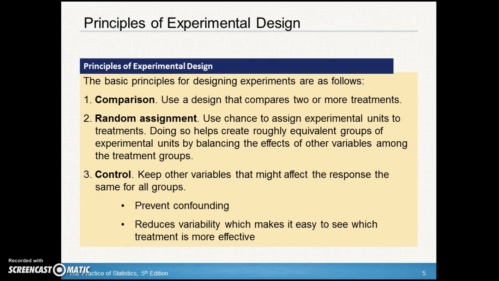What that means is we don't know if the difference in average improvement for the 2 groups was due to the difference in the instructor or due to the difference in the type of course, right? So we would have the same instructor. We would use Mr. Yule-Larson for both courses to make sure that there were no confounding variables. In addition, control helps us reduce variability in our results, which makes it easy to see which treatment is more